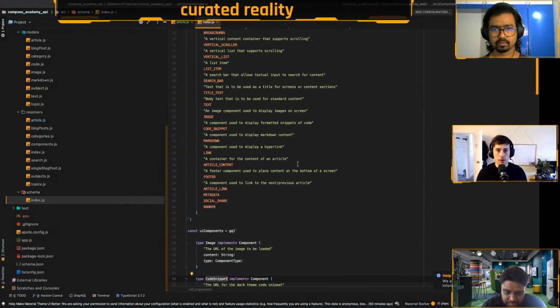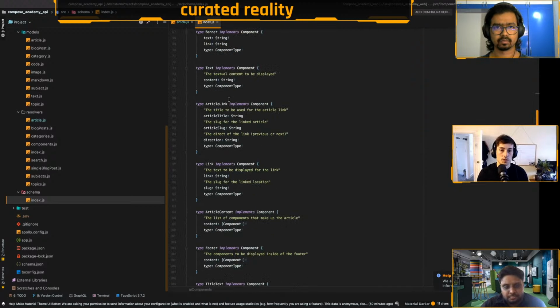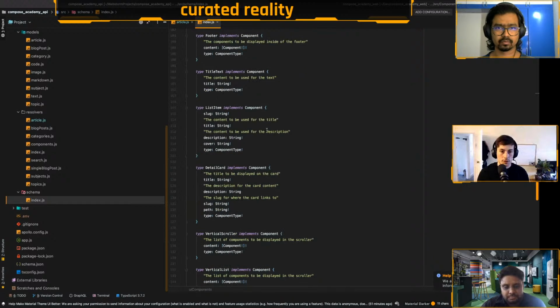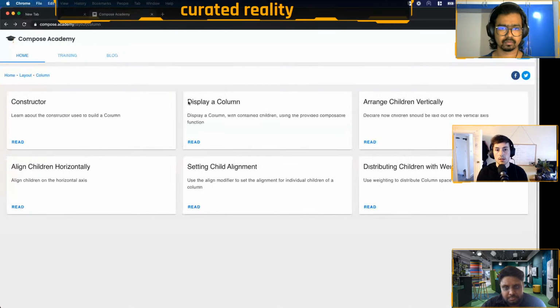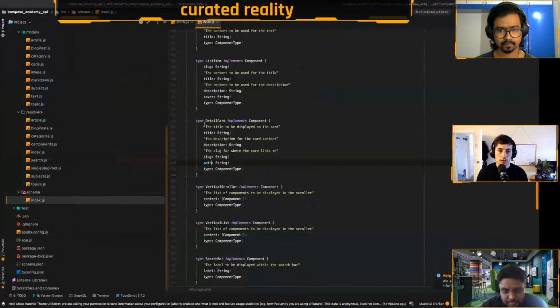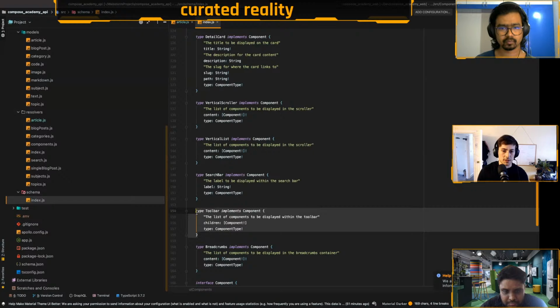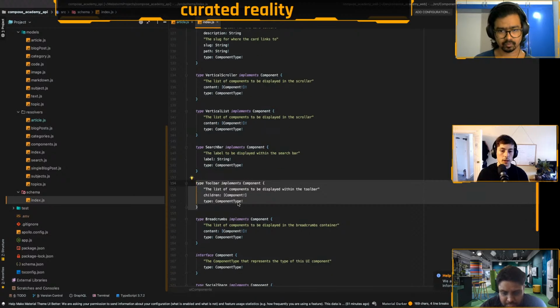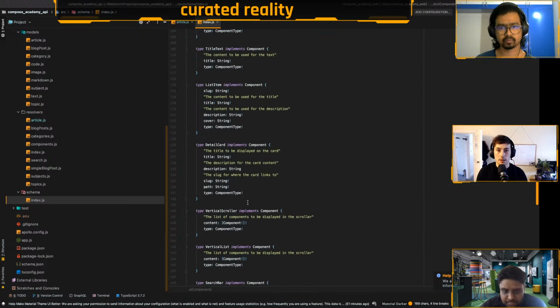In the GraphQL, we have all the different components that are supported. Let's take a look at the detail card, which is the thing we saw on the home screen. We have a title, a description, along with an action. And this is exactly what's displayed here, title, description. Then we have other things like the toolbar. I don't think that's actually being used anymore. That's what I mentioned previously: I'm no longer doing the toolbar rendering from the API. So essentially everything you see on screen within that content area is defined as a type on the API.